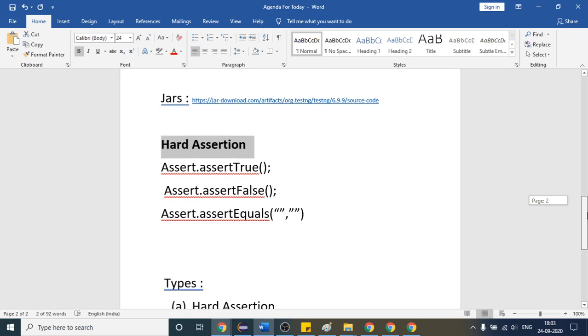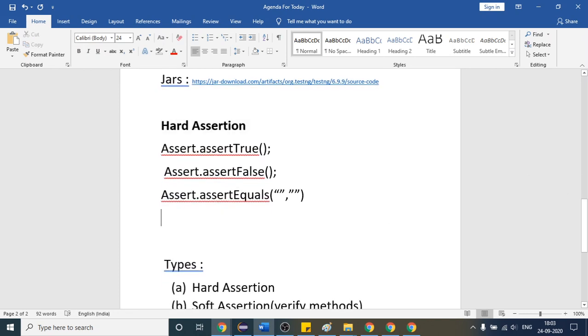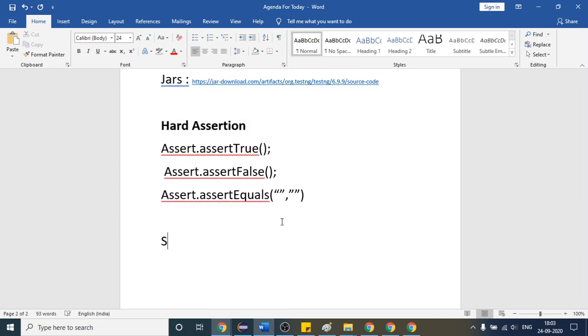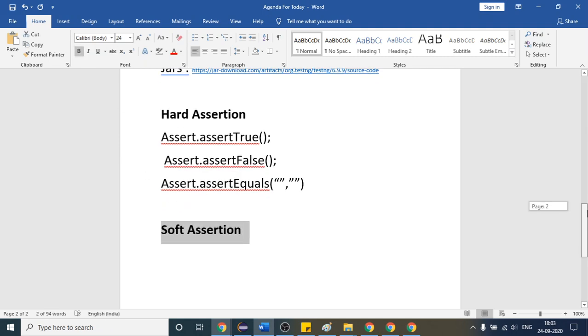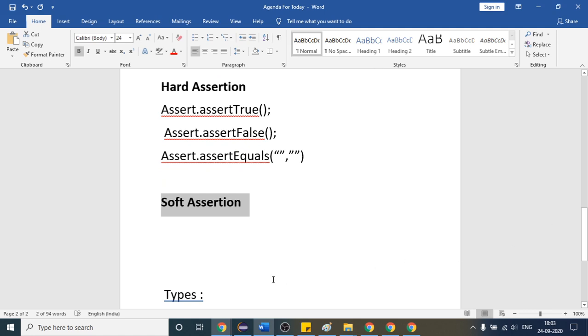So to deal with that situation, we will use one concept which is called soft assertion. Okay, we have one more concept here. To deal with that situation, we can use this one. Let me make it dark. Okay, so here in Selenium, they have provided one class for this soft assertion. Let me first write the definition, then it will be good.